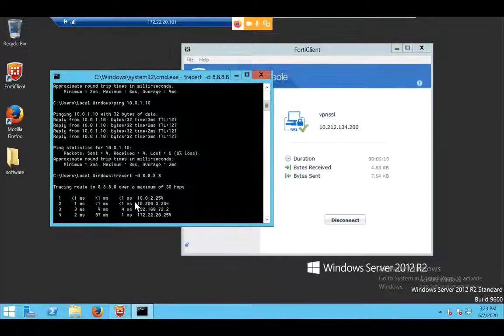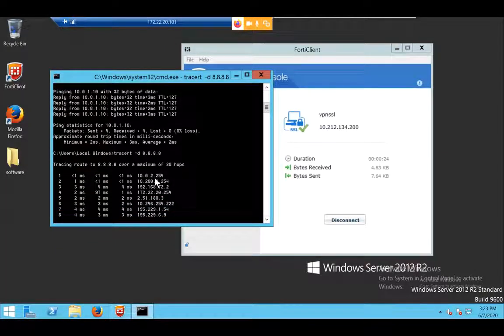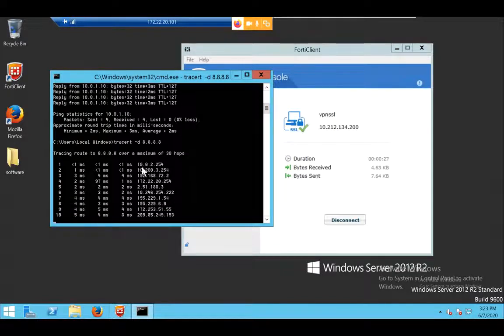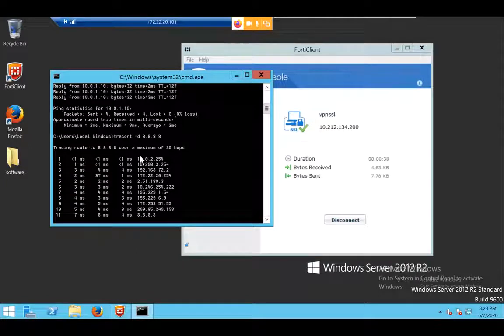Now you'll see that the local Windows IP is 10.0.2.10, and it is going to the gateway 10.0.2.254, its own gateway, and it is going to the Linux router and going out from there. So it is not going out through our local FortiGate, which should be 10.200.1.1, or 1.254. You're not seeing that particular IP address. That means only my